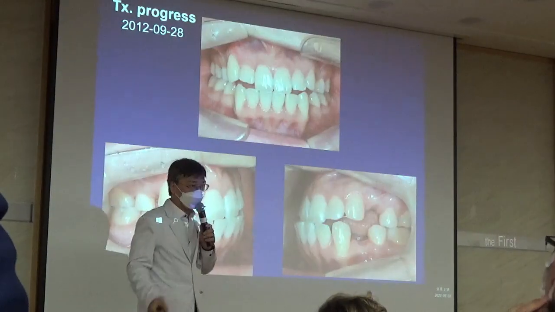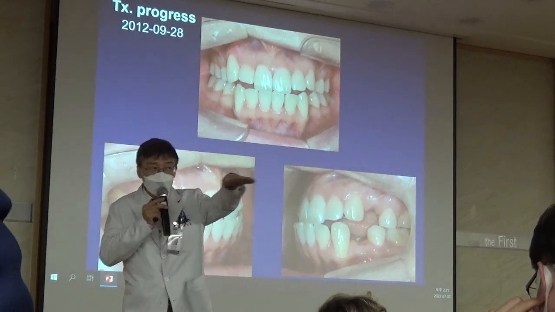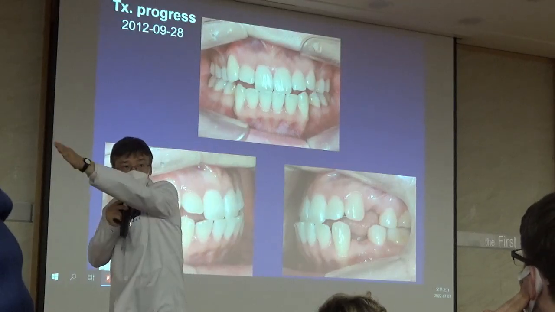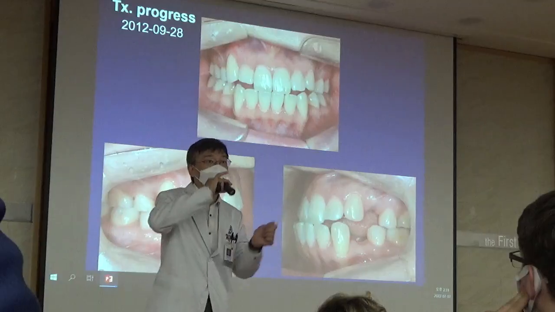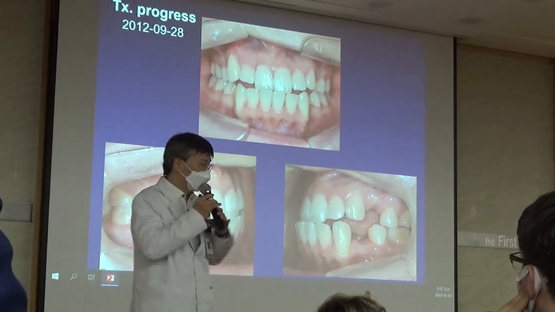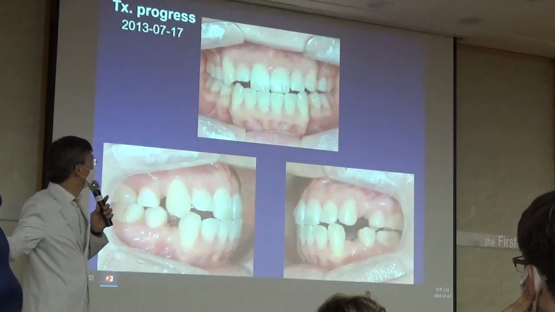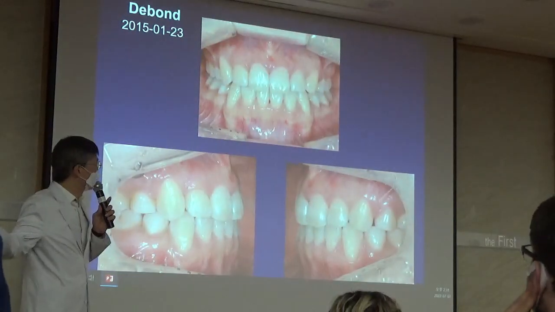Then we made it. How come? Incisors, the wire is engaged in this way, and this wire will create a couple. So I'm going to show you the whole case scenario next Friday. You finish it in this way,